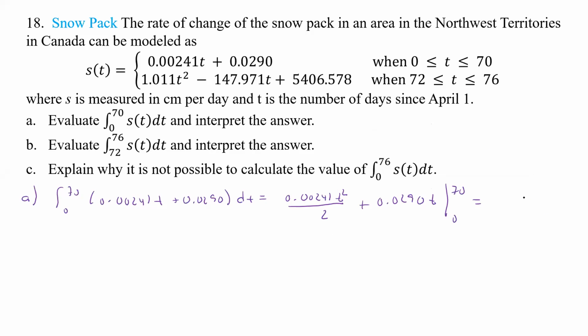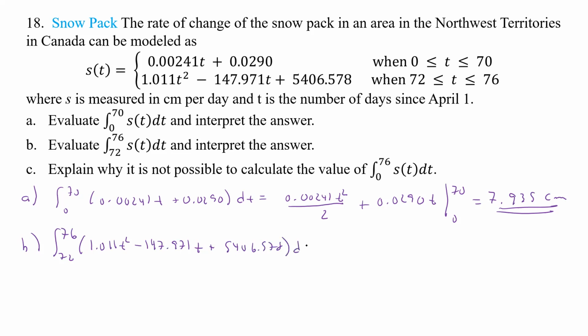All right, so that's 7.935, and it's in centimeters, okay? And so that's between 0 and 70. Now we're going to do B, integral from 72 to 76 of 1.011 t squared minus 147.971 t plus